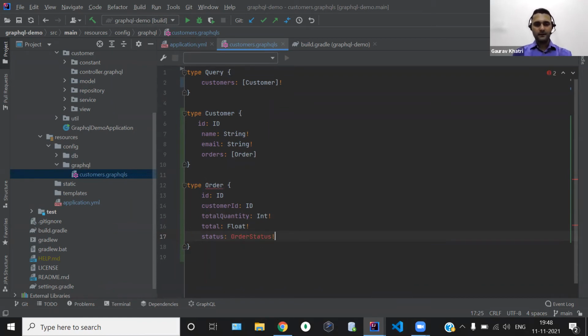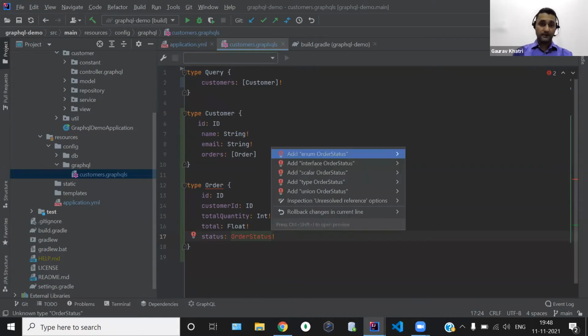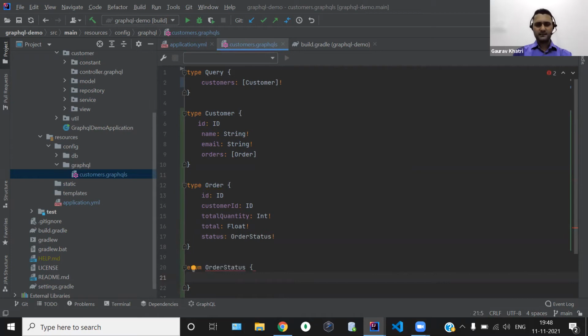as a field, and I will have the data type called OrderStatus. And again, I will mark this as non-nullable, and then we can define this particular data type using the enum, since we only have success and failed. So let's define this particular enum. In this, we will have SUCCESS and FAILED. Okay, so that's all about how we write the GraphQL schema.